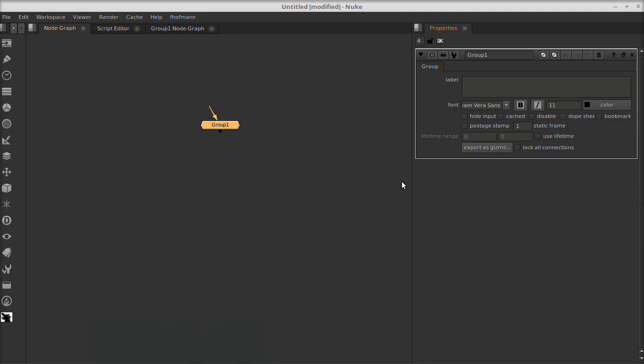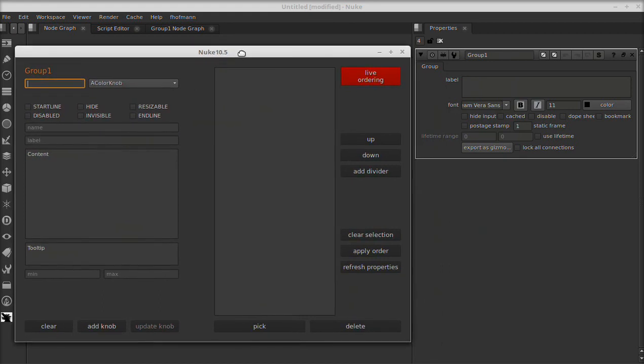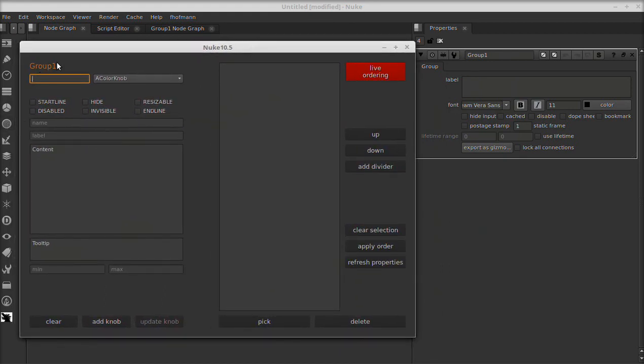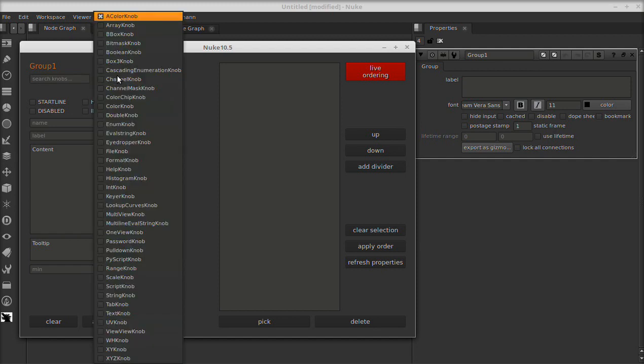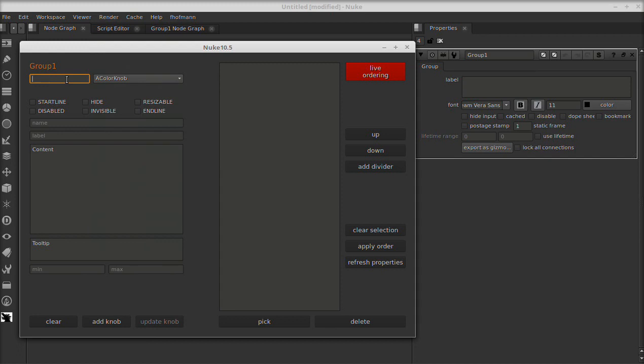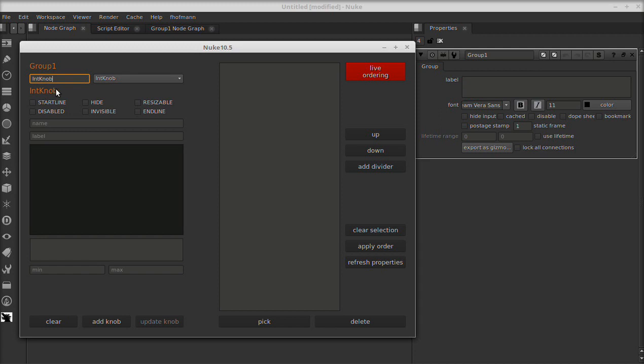So this is a demo of the Notebox editor, which was designed to enhance or replace the built-in Knob editor. You can start it by right-clicking and just opening it up, and the node in context shows up here. Then you can choose which knob you want to add, or you can also start searching, and press enter to trigger the completion and do the verification that it's a valid knob. Enter a custom name you want to have, label, tooltip,